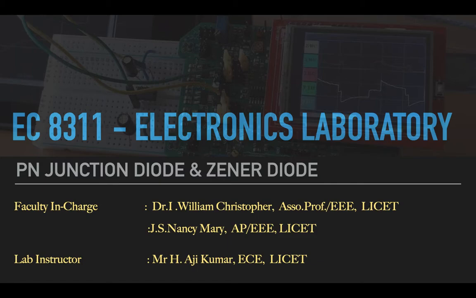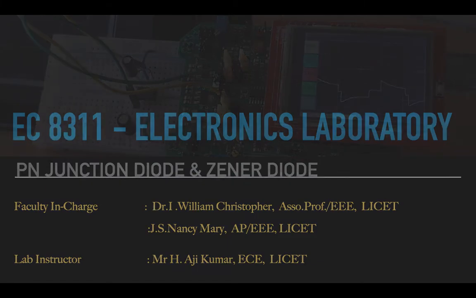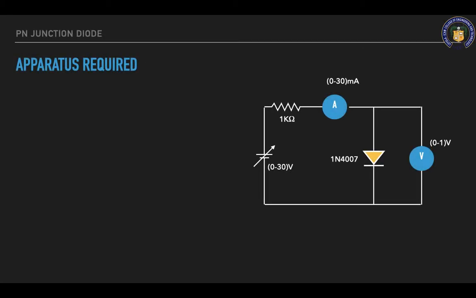Here we are going to see about PN junction diode and Zener diode. So, PN junction diode. The circuit is given. If you see the circuit, to measure the current, I'm having the ammeter. To measure the voltage, I'm having the voltmeter. To supply the circuit, I'm having the RPS and a resistor to limit the inrush of the current to protect